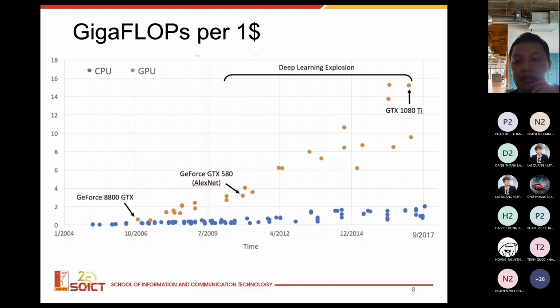Here is another graph showing the cost of computation per 1 USD, so whether it is expensive to do computation or not. Here you see the blue dot is for the CPU, and the orange dot is for the GPU. For example, taking this time step here,